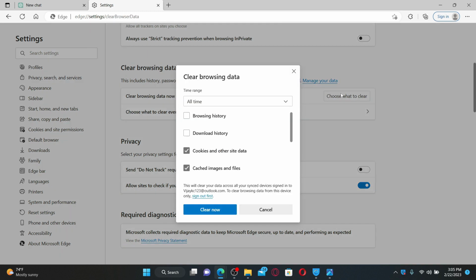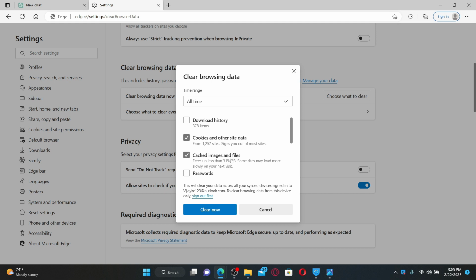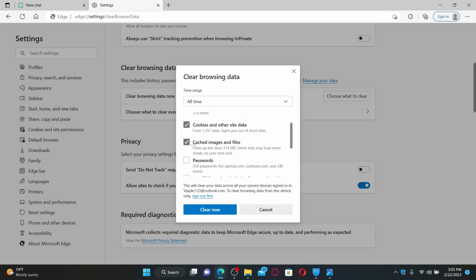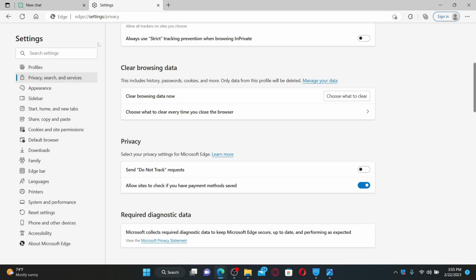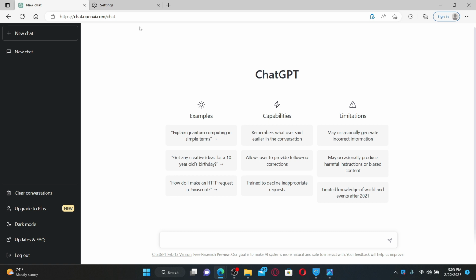Under Clear Browsing Data, select a time range that you would like to clear out your data from, and then check these two little boxes that say Cookies and Other Site Data, and Cached Images and Files. Remember, do not check any other boxes but these two, and click on Clear Now. Soon after you clear out your data, you can go back to your ChatGPT web page and try refreshing your